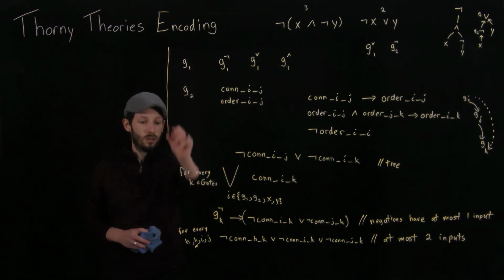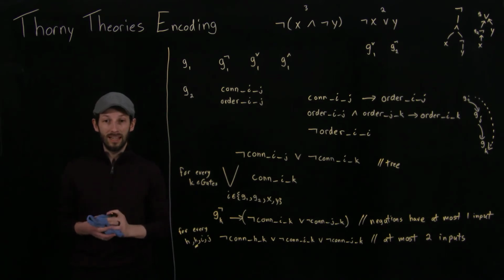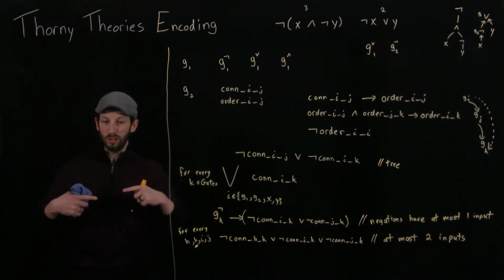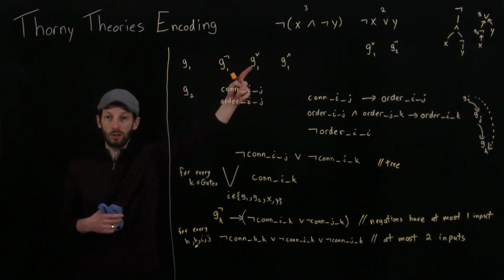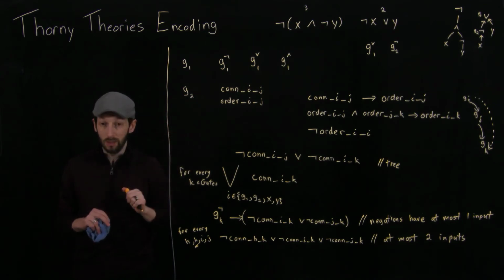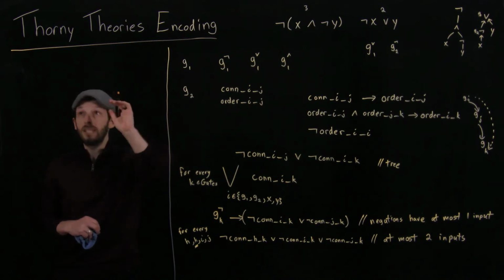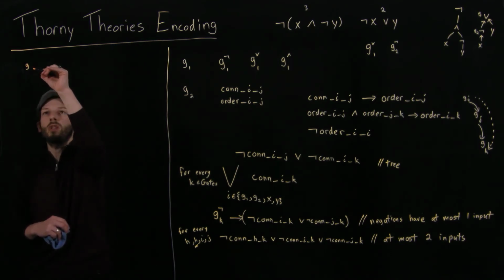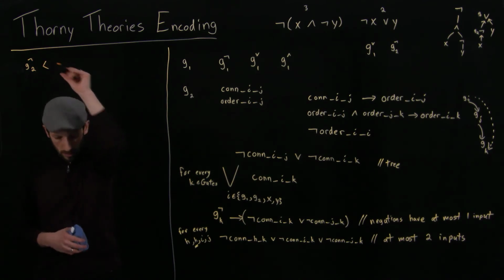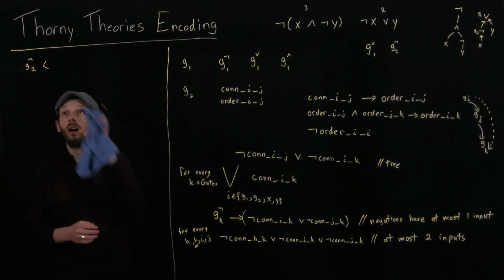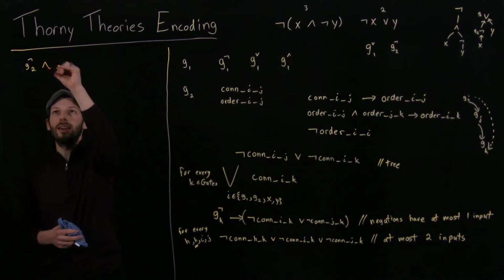So I'm going to separate the space here and talk about the gate logic itself. If we wanted to say, given the inputs to a particular gate, what the output should look like, we need to follow the actual semantics of negation, disjunction, and conjunction. So I'll show just a couple of examples to drive this point home. If it's a negation, so let's say we have G2 is a negation gate. Then we want this: if G2 is a negation gate and